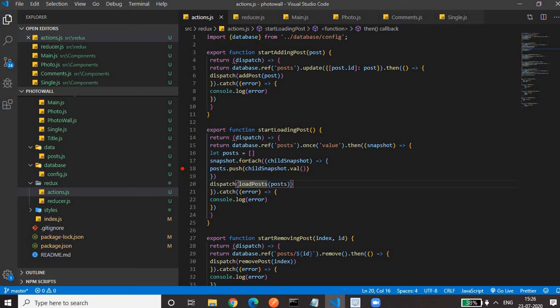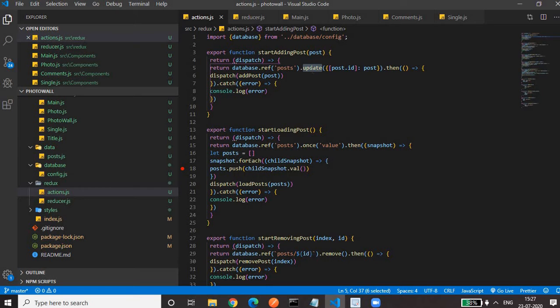So here it is, the function, same way, same story. A function with some name. We have to update the post node with a new post object. So this is the post object. Then it's a function returning an arrow function having a parameter dispatch. Then here we are returning the promise. We are doing the Ajax call, database.ref post, because we have to add data under the post node. We have to update the post node. Then we have to call .update. These are all Firebase operations.